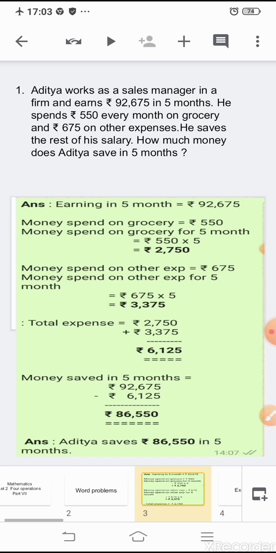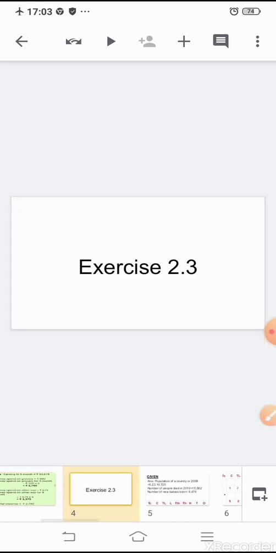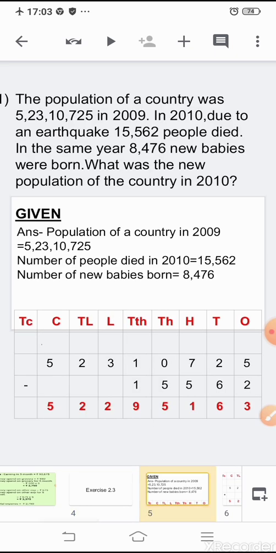Now this is just an example of what we have seen. Based on this we will solve some more word problems from our textbook exercise 2.3. Now coming to the first sum from your textbook, children. The population of a country was, now this is a big number, 5 crore 23 lakh